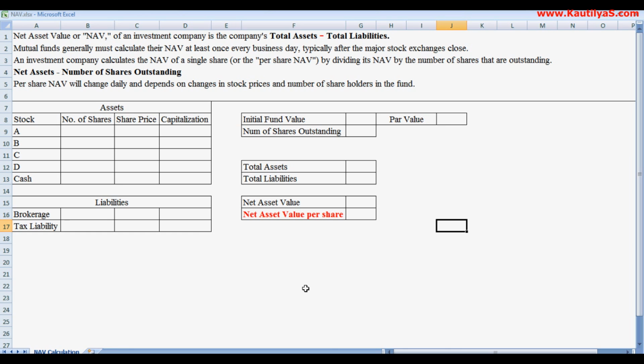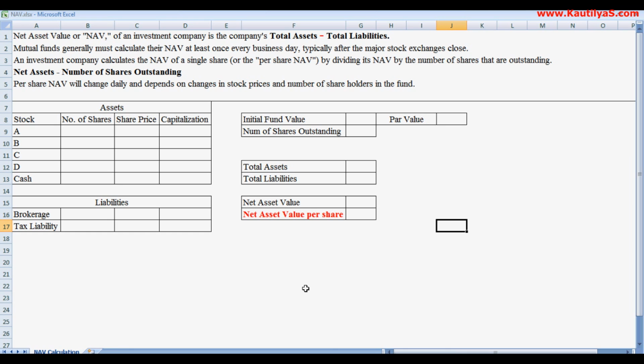An investment company calculates the value of a single share, or per share NAV value, by dividing its NAV, that is net asset value, by the number of shares that are outstanding. So NAV value per share is net assets divided by number of shares outstanding. Finally, per share NAV value will change daily, depending on the change in the stock prices and the number of stockholders in the fund. So now we try to build